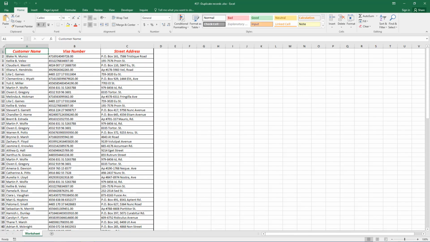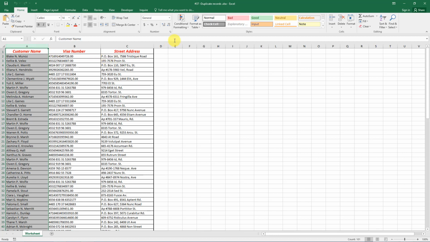Look carefully at the data of this worksheet. There are some duplicate records like this and this one. There are many records in this sheet, so we have to find a better way to identify duplicate records and then get rid of them. You can use conditional formatting to quickly identify duplicate values in arrays. Let's get started. The first step is to highlight a certain column that contains duplicate records, like column A. You could highlight all the columns, of course.